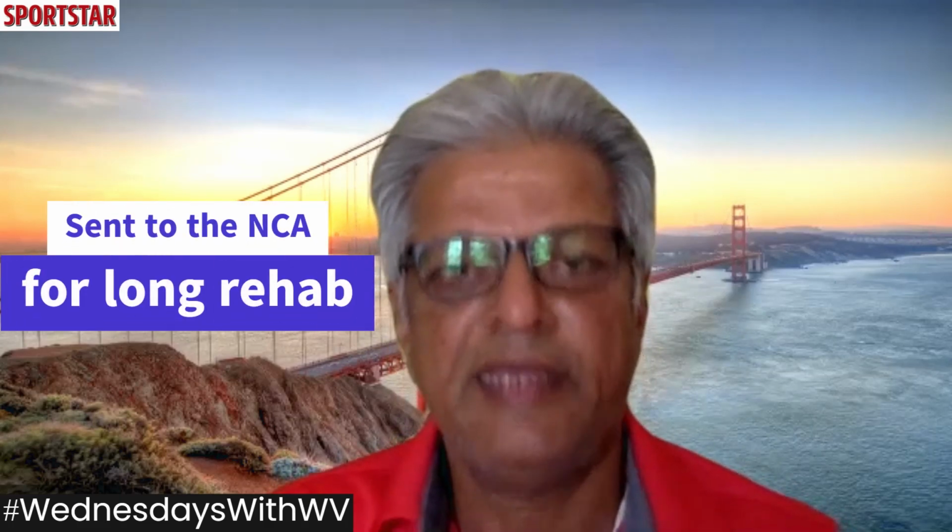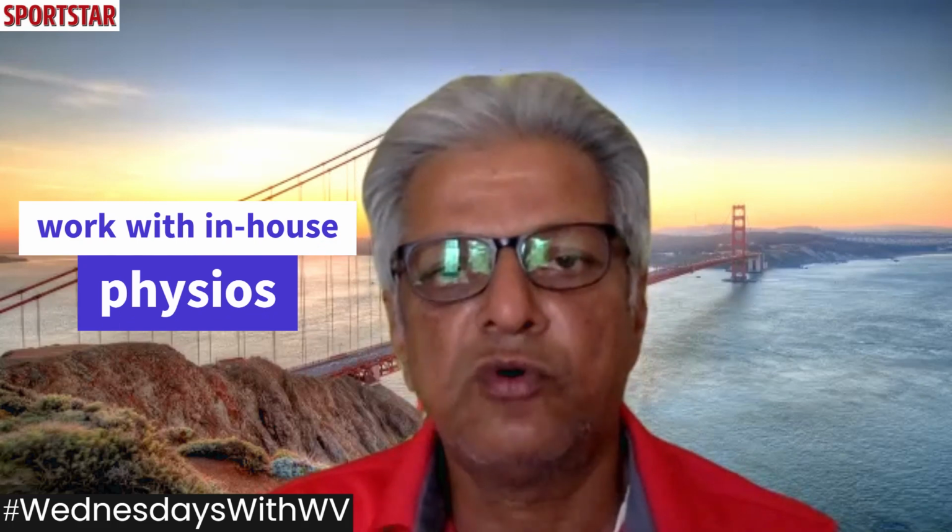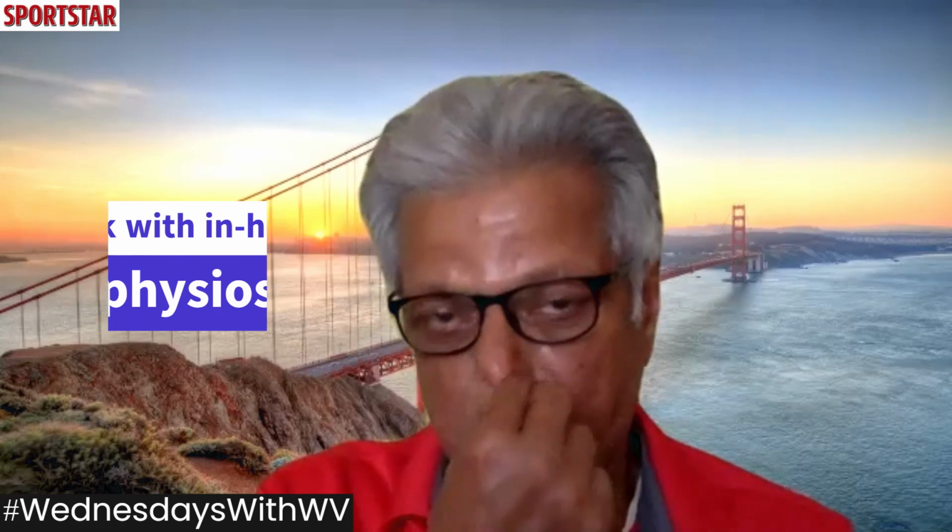If it requires a long drawn procedure of rehab, then he is sent to the NCA. There is a team of physiotherapists who are settled in Bangalore and who are there full time. They will follow the advice of the specialist and then start the rehab program. They work in unison with the trainer and try to ensure that the player gets fit. Once the physiotherapist and the trainers feel that the player can comfortably take the workload in terms of training, and the movements are getting better compared to before the cricketer sustained the injury, bowler or batter, whoever it is,